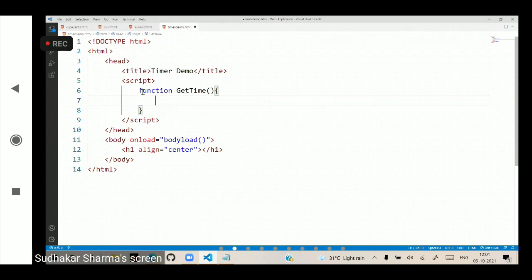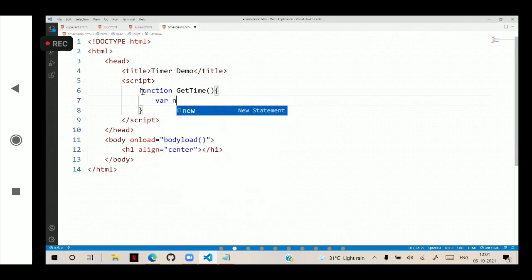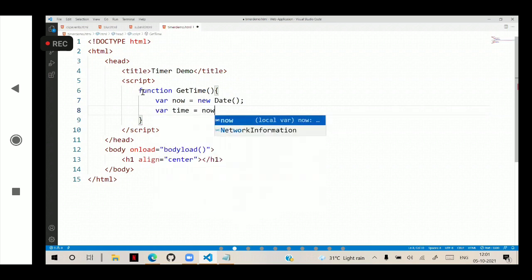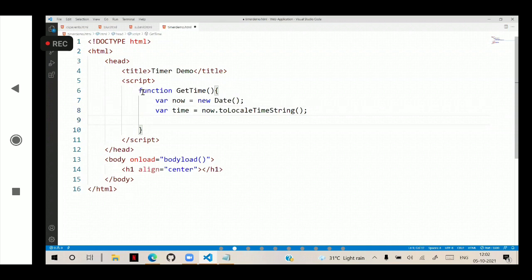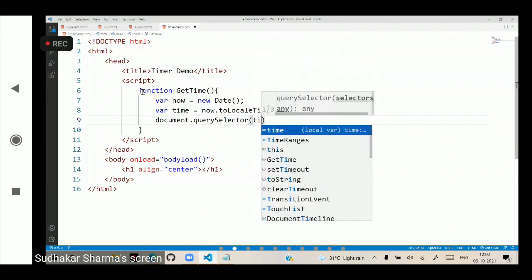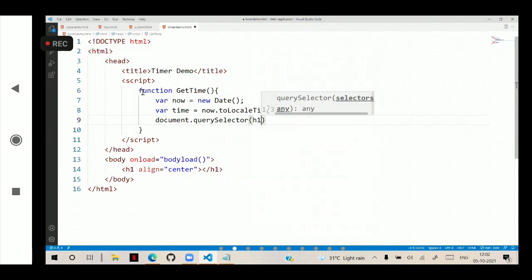Actually, get time. I will create where now is equal to new Date. It will store the current date and time. In that, where time is equal to now dot toLocaleTimeString, it will get only the time. Once it gets the time, what we want is to display it inside the heading, document.querySelector, display that inside the heading H1